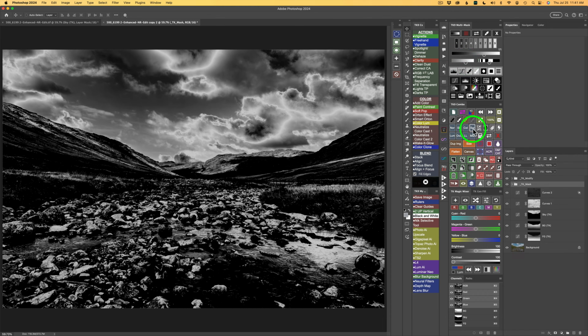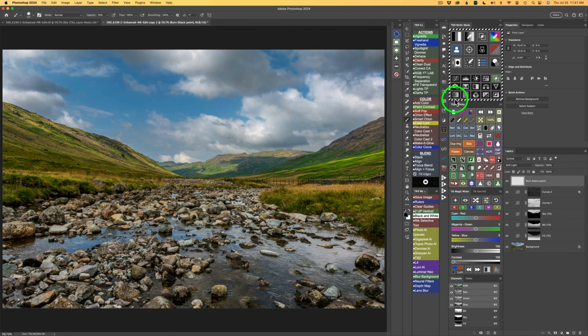Okay, now I need to output this mask. I'll output it as a selection to a burn tool, and to do that, you'll find this button right here. It has two sides. The left side gives you a 50% gray layer. The right side gives you a transparent pixel layer. You could use either side in this case. I'm going to use the right side, and you can see by the selection indicator that I will be painting